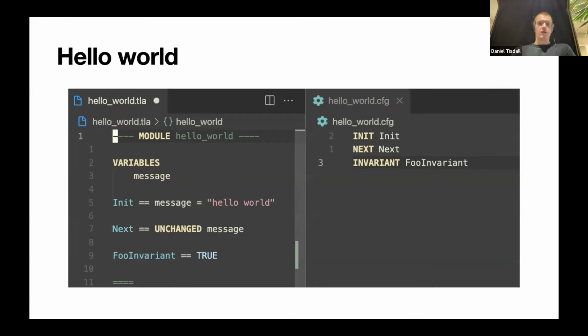So this is a literal hello world example. Like all TLA programs, models need a .tla file and a .config file. You write the state machine in the .tla file and you give some parameters to the model checker in the config file. So here we need some boilerplate like module hello world, and we specify the variables of the state